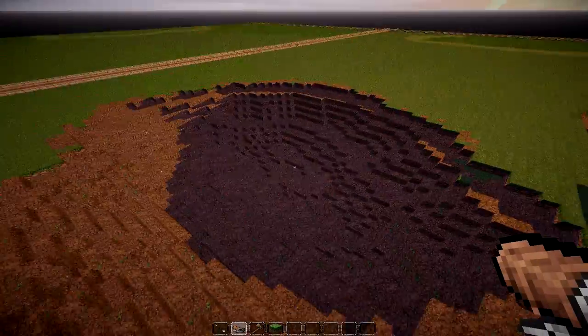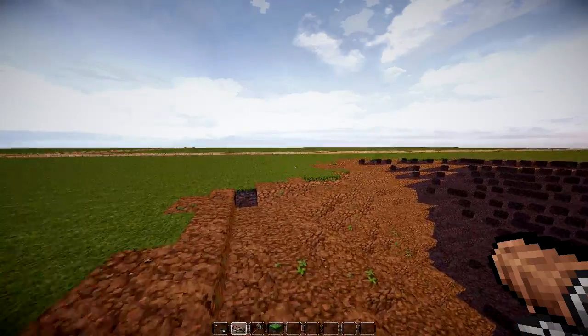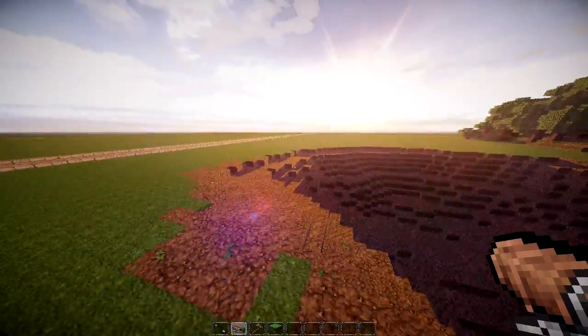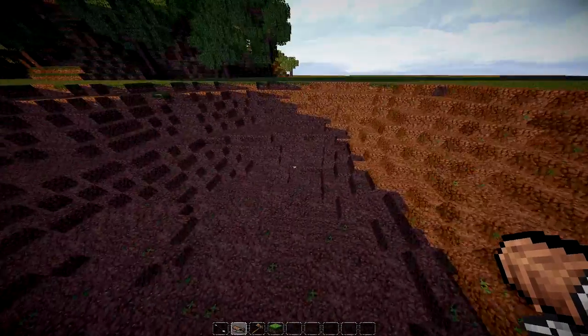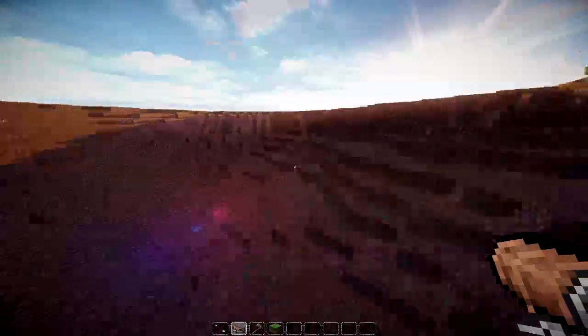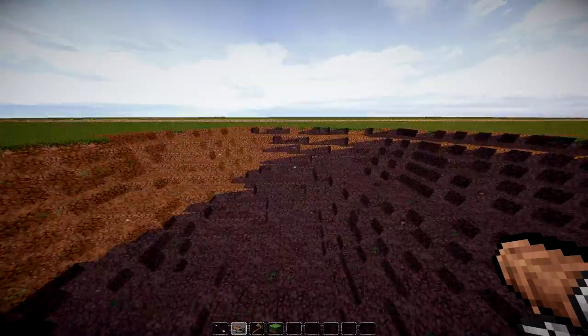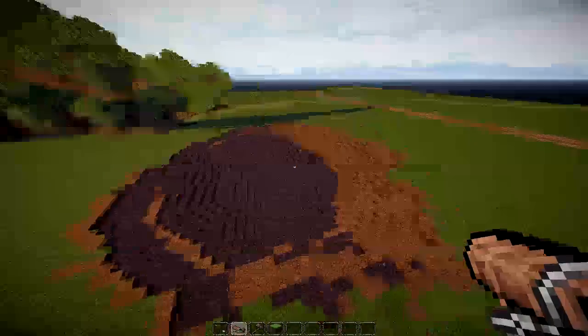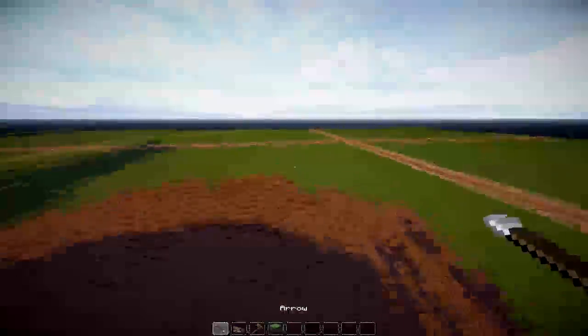Alright, so now we have our shape. What we want to do is fill this in with water, and you may rush by just filling this in with water using World Edit, but that's really not how a lake would be. At the bottom of a lake there would be reeds, weeds, and stone and sand and clay. So we want to add that in, but you may be wondering how. The easy option with Voxel Sniper